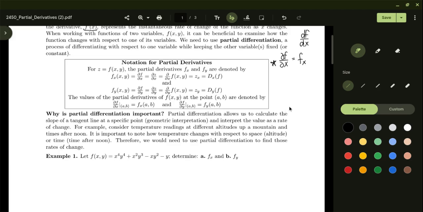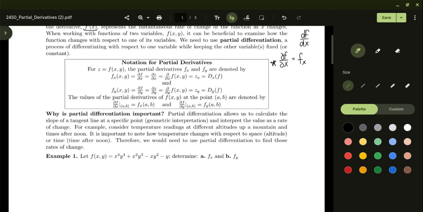All right, so why are we doing this? What does partial differentiation tell us? It allows us to calculate the slope of a tangent line at a specific point. And just like we've done with differentiation of one variable functions, we can also interpret that value as a rate of change. And to think of a case in which we actually would need to use partial differentiation, let's consider